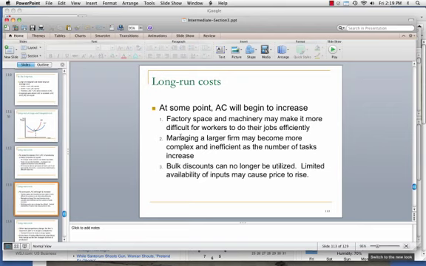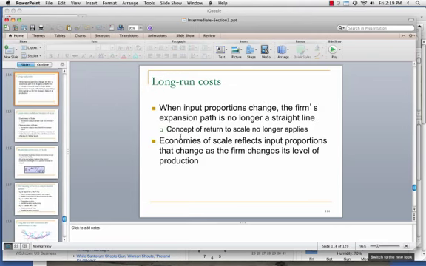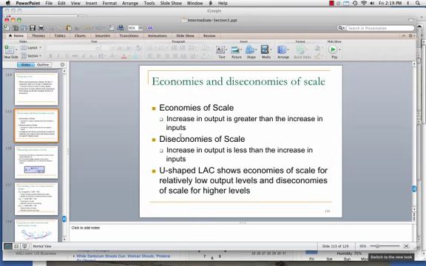And when we look at why it then starts to increase eventually, we can basically say the firm is too large, becomes inefficient, maybe too complex in what it's doing. And the consequence of that is that the expansion path no longer is a straight line, that the inputs required start to increase at an increasing rate,